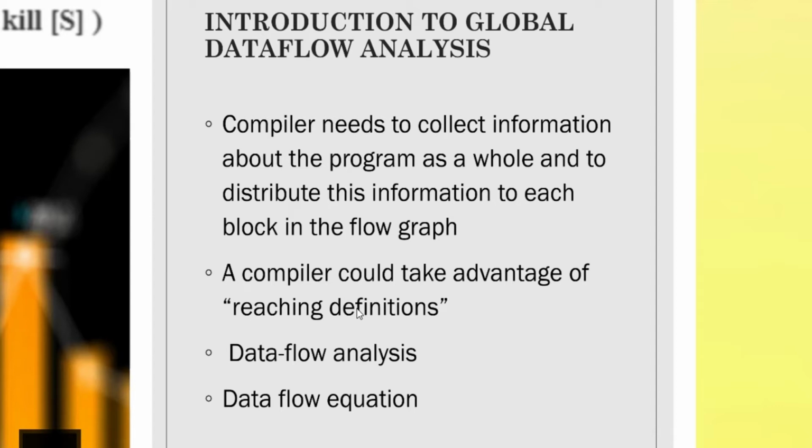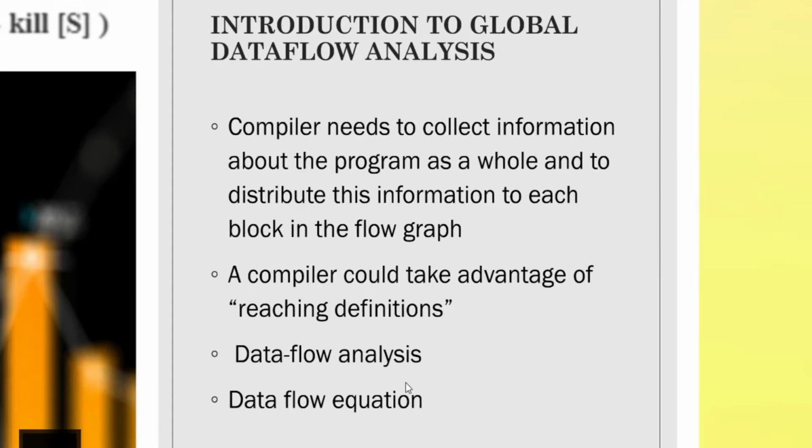So these are a few examples of data flow information that an optimizing compiler collects by a process known as data flow analysis. Okay, in order to identify where a particular variable is defined, that information is gathered by a compiler by utilizing what? By utilizing data flow analysis. So data flow information can be collected by setting up and solving systems of equations of the form called data flow equations. A simple data flow equation is given here.